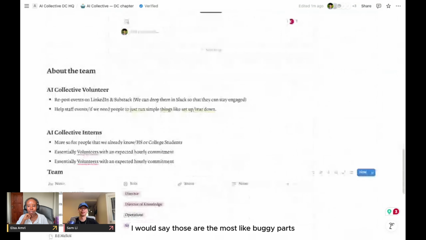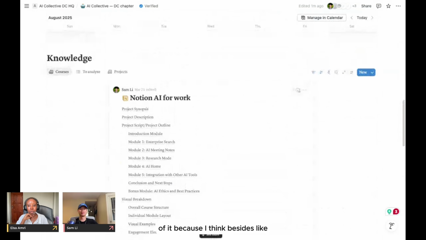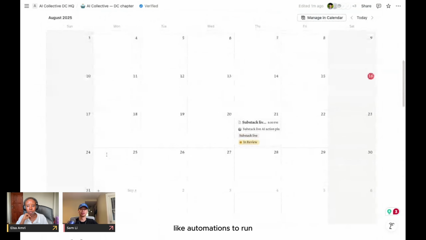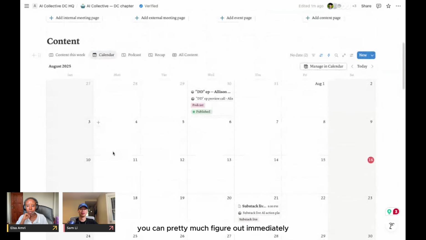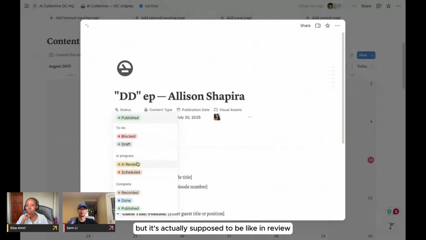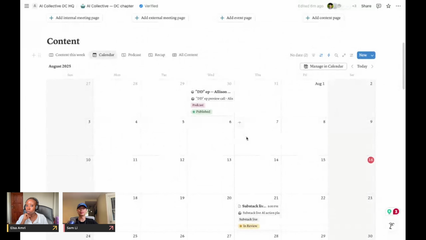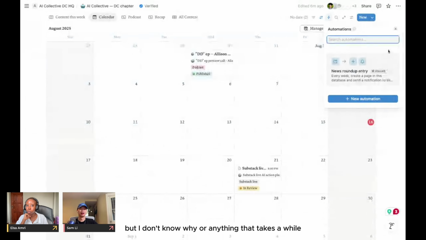Those are the buggiest parts, because when you want formulas or any automations to run, you can pretty much figure out immediately what's going wrong if a status isn't published but is supposed to be in review, I'll just change it. But if it's showing up automatically as needs review, and I don't know why, that takes a while.